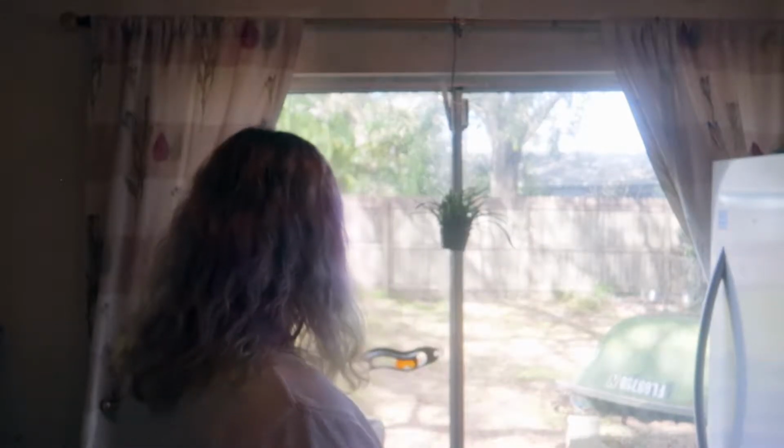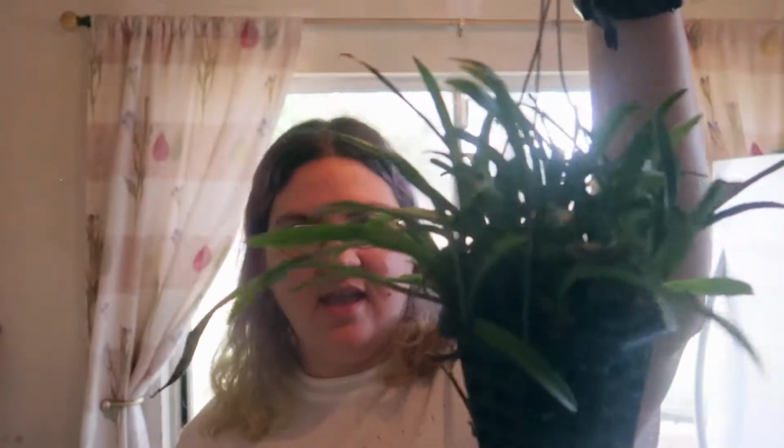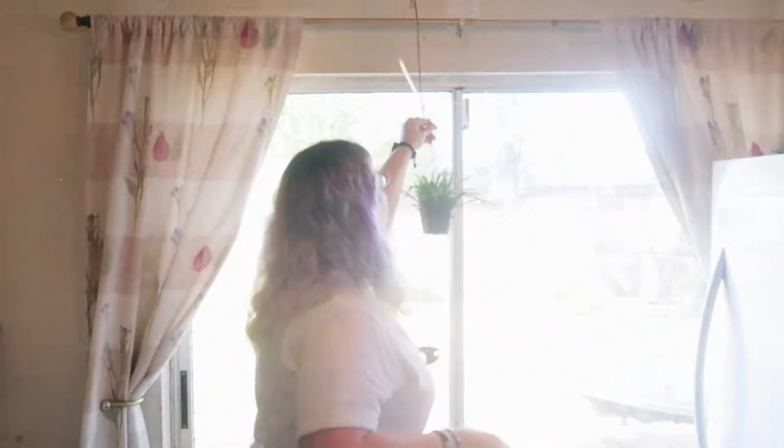Before we get to my Phalaenopsis orchids, I'm going to show you my Dracula orchid. As you can hear, my little kitty cat Zach is playing back there. But as you can see, this guy is doing quite well. What I do is I dunk it every day, and everything's looking good. It has a few little leaves maybe falling off. That is because when I first got it, I would forget to water it every day. But now I'm in the habit of doing it,